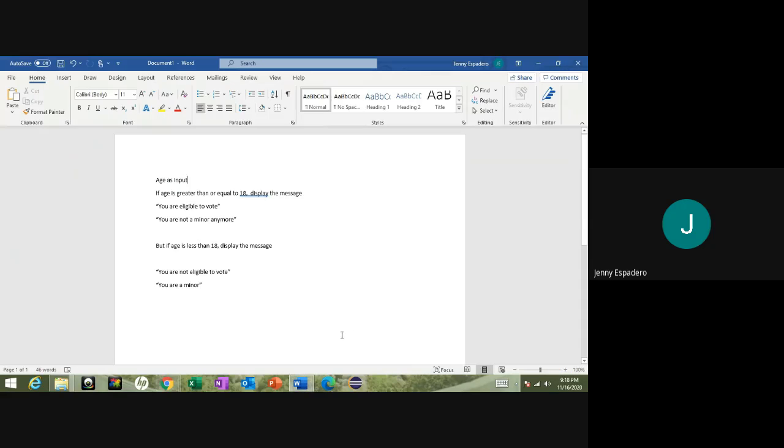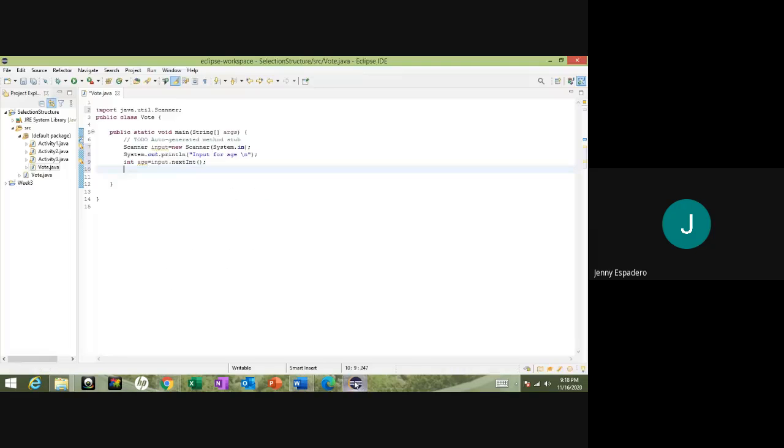And then the next task is if age is greater than or equal to 18. So we will be using the relational operator greater than or equal. If age is greater than or equal to 18, then the optional open and close brace. Optional if one statement only, but if more than one statement, it should have open and close brace.